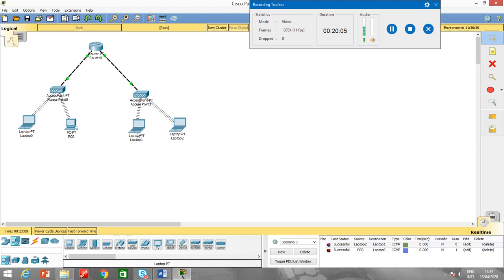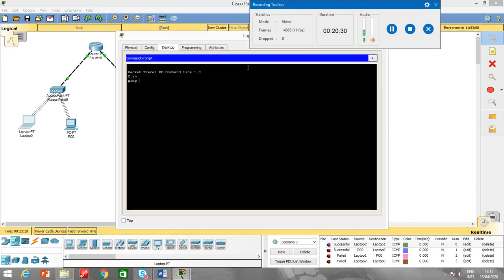Then if I try to send from laptop 1 to PC 0, let me just check it. Laptop 1 to PC 0, it's failed. I have to check it. Okay, let me just try to do from laptop 2 to laptop 0. It's also failed. Okay, let's try with the ping command.